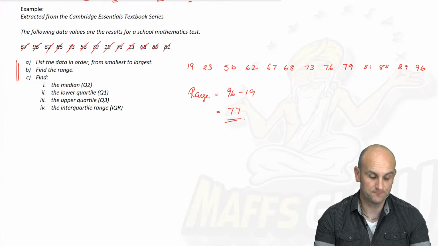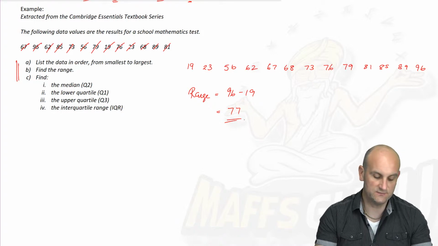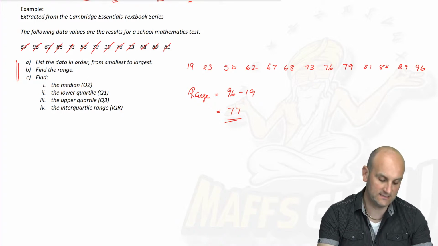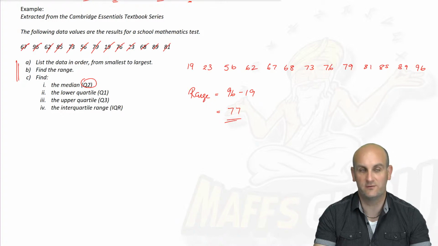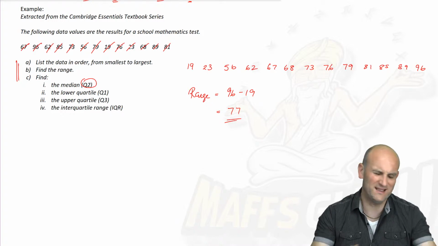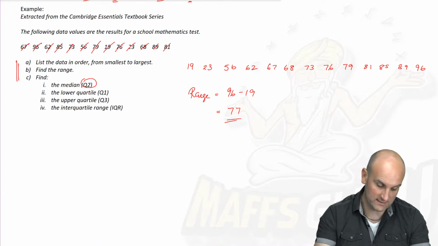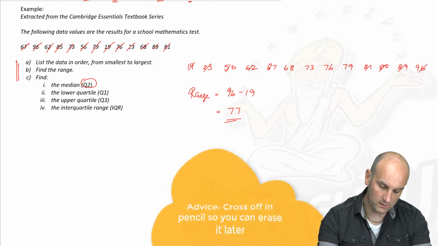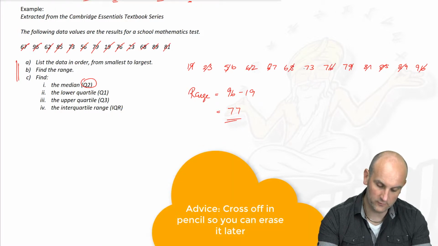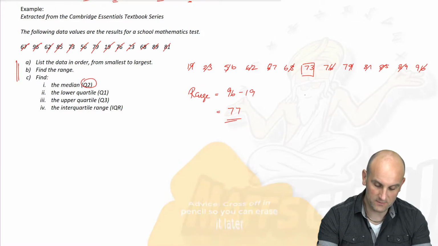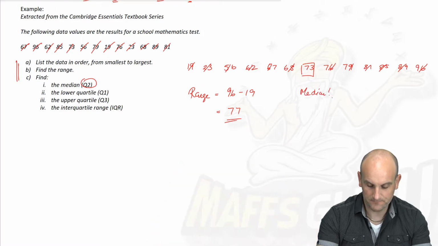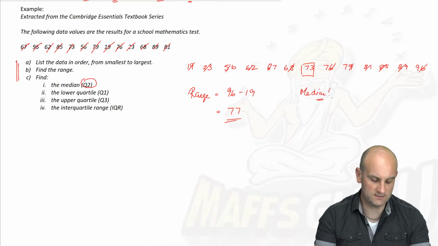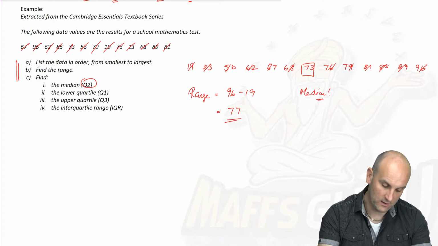There's my range. Now it wants me to continue and says find the median. And again, it's given it this Q2 business. The median is just the middle value. How do we find the middle value? There's all sorts of ways of doing it, but let's just cross off 1, 2, 3, 4, 1, 2, 3, 4, 1 and 2 and 1 and 2, and ladies and gentlemen, there is my middle value. There is my median. 73 is my median,